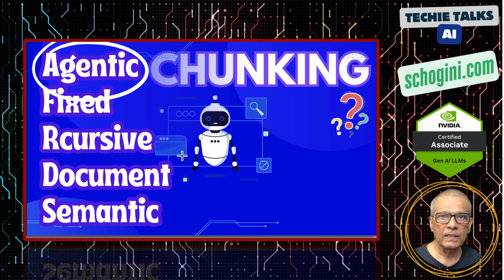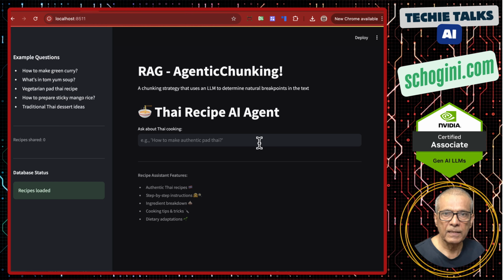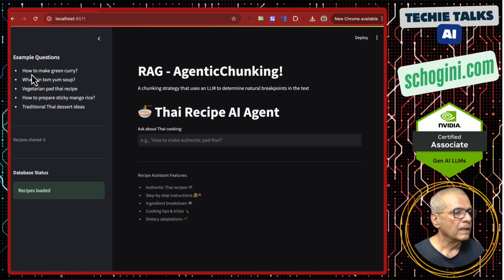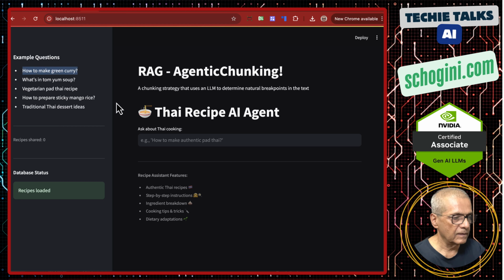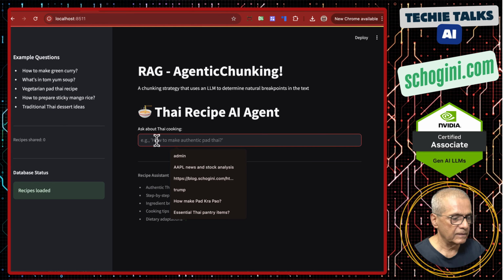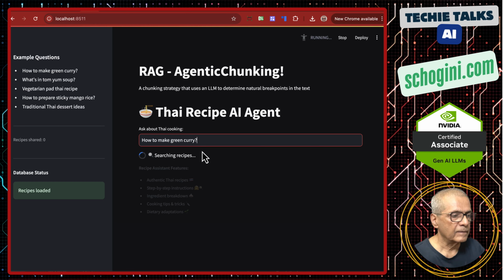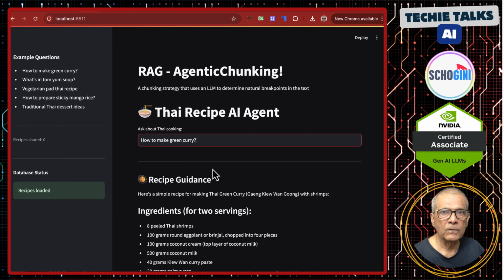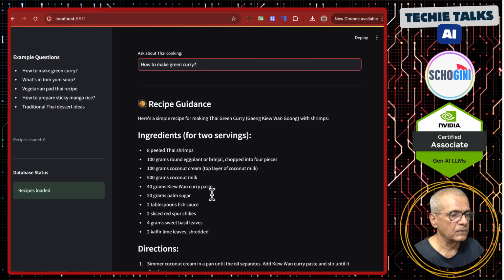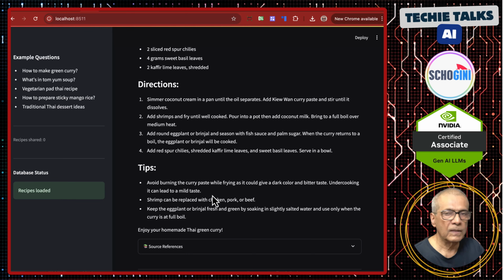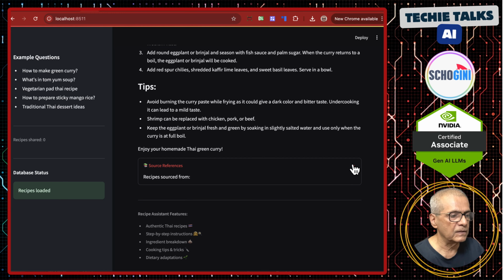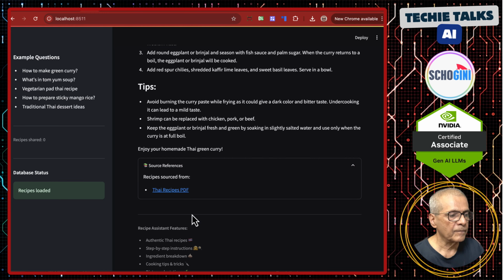First, we will look at the demo of the application, which has been converted into a Streamlit web application. Here, the recipe database, which is a PDF file, has been loaded, and we will query the knowledge. This querying part works similarly. So let's first see the querying part, and then we will go over the command line code. Okay, so it is able to produce a relevant response, and it also gives us the source reference, the Thai